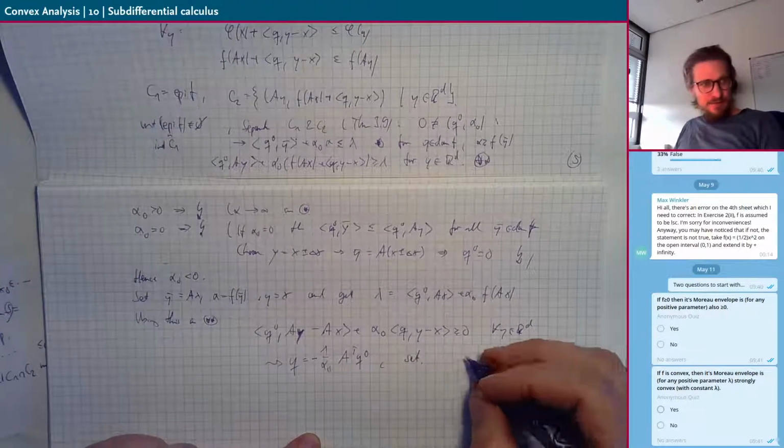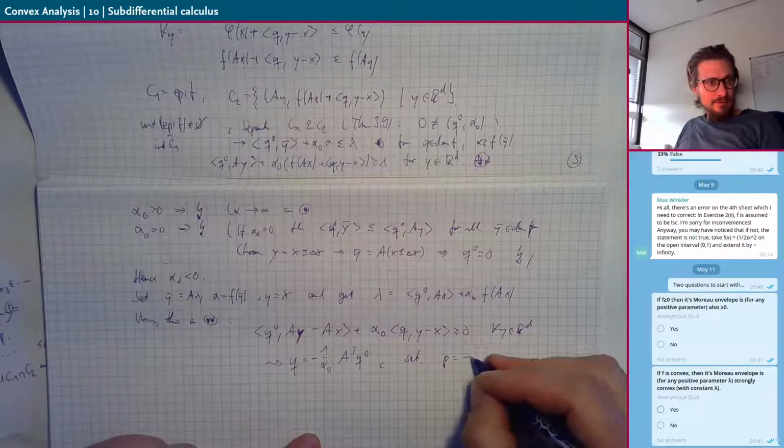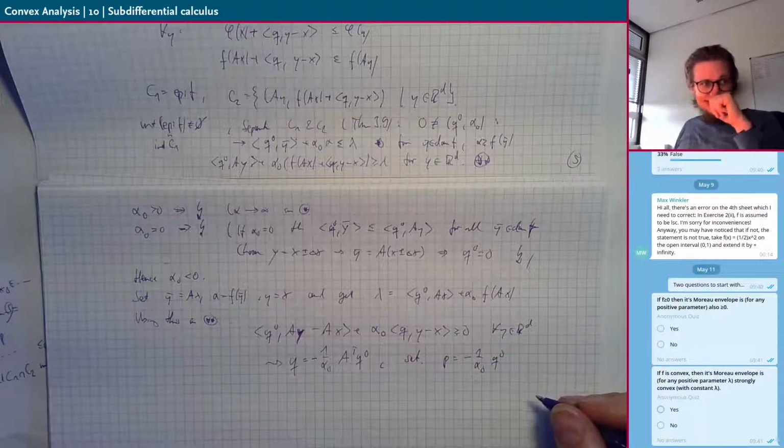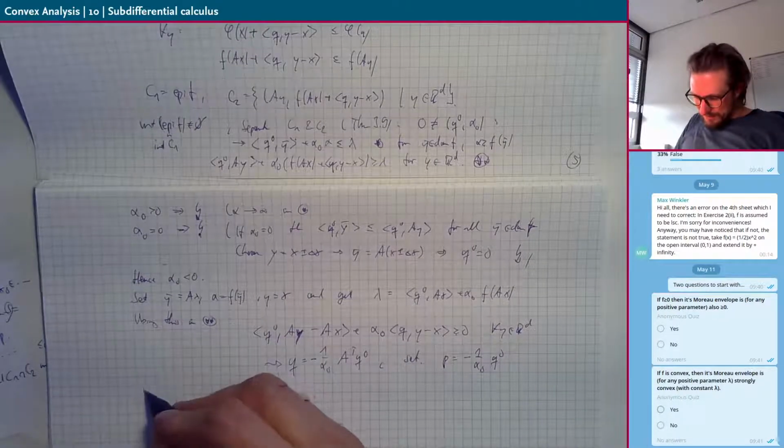And if we now set p equal to this 1 over alpha 0 q0, we get